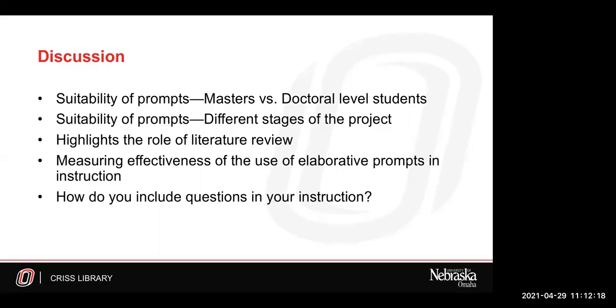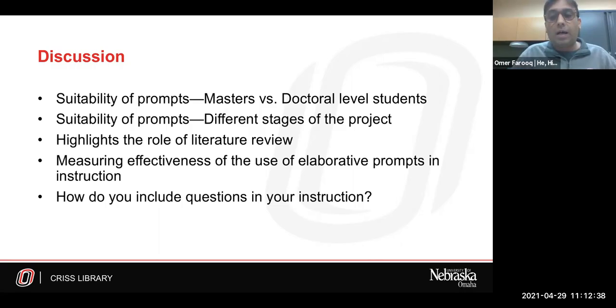We do have a couple of questions in the chat. There's one from Francis. It says, I work with students on conducting their literature review, but do not work with them on data collection, analysis, and writing. Is this something you're working with students on, or just prompting them to consider these questions in relationship to connections with the literature review?